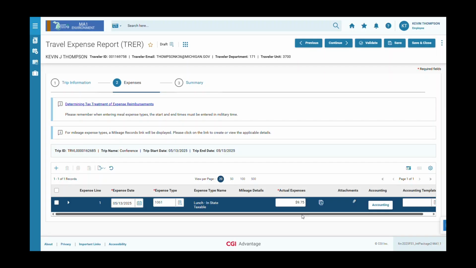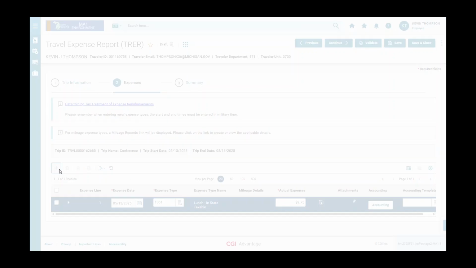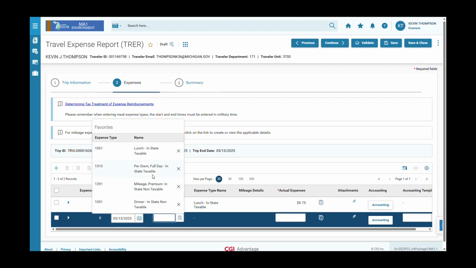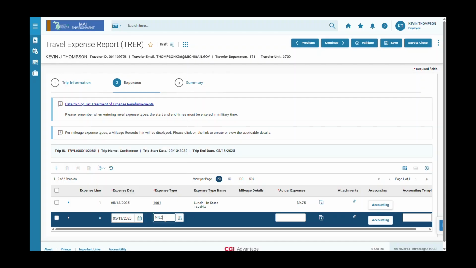We'll go ahead and enter another expense line, so we'll click the Insert icon and enter our required fields, expense date 5/13, and we're going to go ahead and enter a mileage expense type. So I can search from the pick list. If I have anything favorited, I can search from here, or I'm just going to begin typing the word mile. And it looks like here is my selection, so I'll choose that. And we'll see that a mileage records hyperlink pops up. So we can go ahead and click the mileage records link